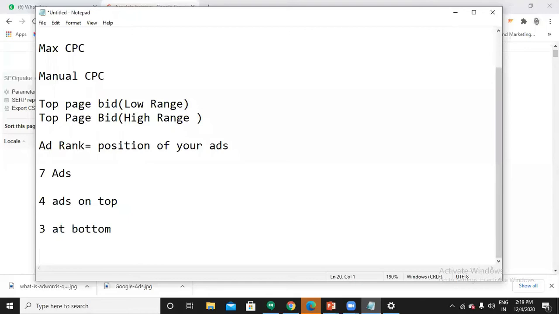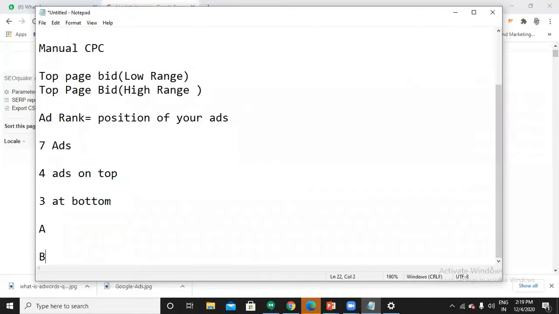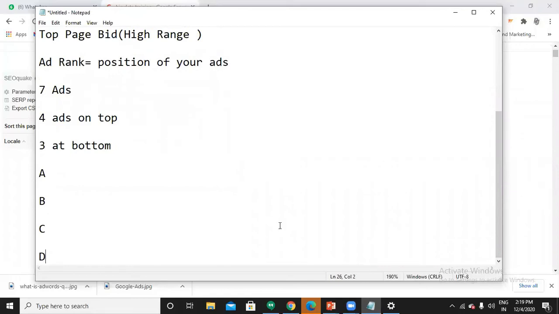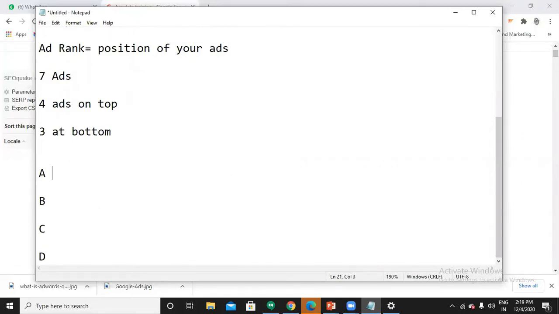So tell me, based on what does your ad rank depend? There are competitors, assume A, B, C, D. We already know this factor. So tell me who will be on top. A will be on top.